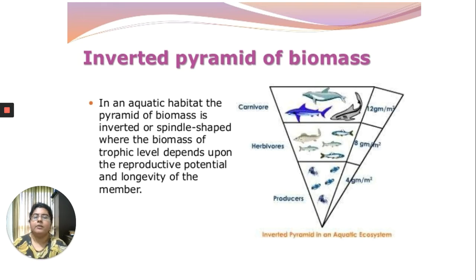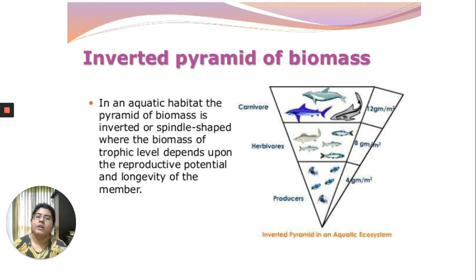So in this case, based on the size of each individual's body, the biomass will be smallest at the producer level and it will keep increasing at the top carnivore level because each carnivore is way huge. So per shark's body weight is a lot as compared to one algae in the producer level. So when you multiply them with the total number of individuals, the producer's biomass will be smaller than the top carnivore, that is the predator. So that's why their population is also restricted.